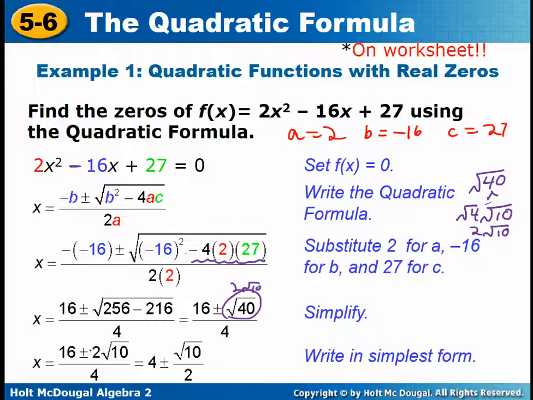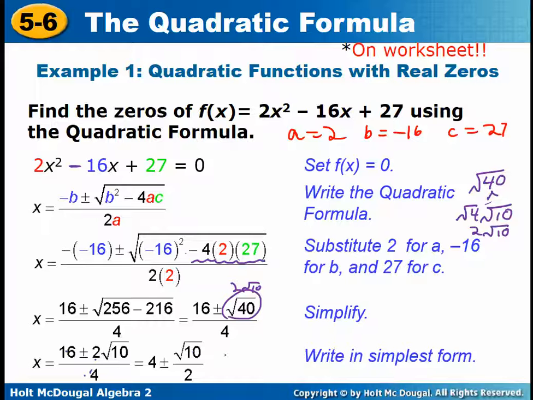So now we have 16 plus or minus 2 square root of 10 all over 4, which can be simplified even more, because if we divide both this and this by 4, or factor out a 4 out of everything, one way to write it would be the way they wrote it, 4 plus or minus square root of 10